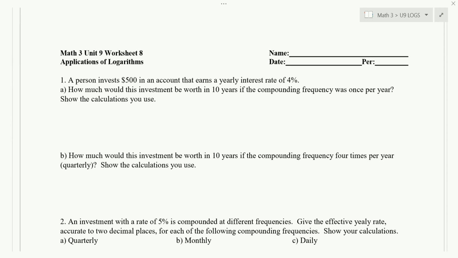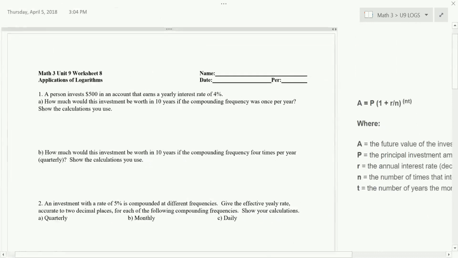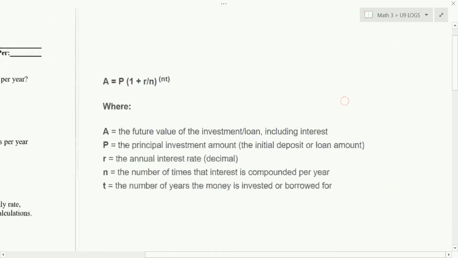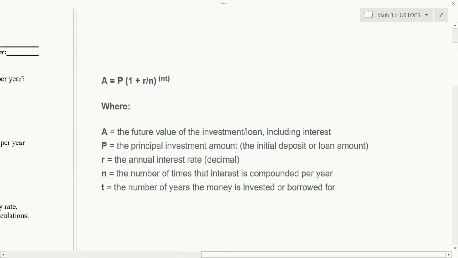So that's part A. Part B is how much would this investment be worth in 10 years if the compounding frequency was 4 times per year? Show the calculations you use. So we're going to need to use this formula here. A equals P times 1 plus R over N to the NT,